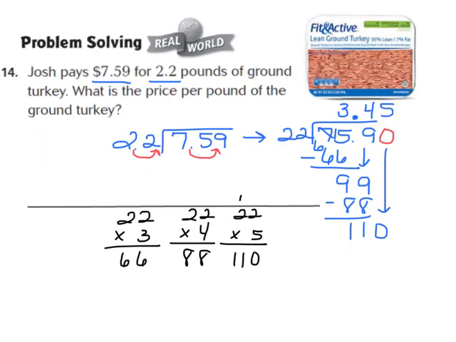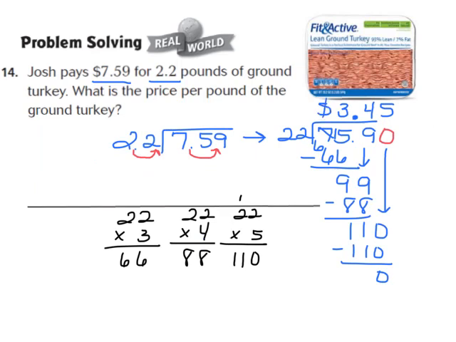And then when I work my multiplication, 5 times 22 is 110. So I'm going to write my 110 down and then subtract. When I do that, I'm left with a remainder of 0. Well, once my remainder is 0 and I have no numbers left to bring down, I know that my division is complete. So what that tells me is the price per pound of the ground turkey is going to be